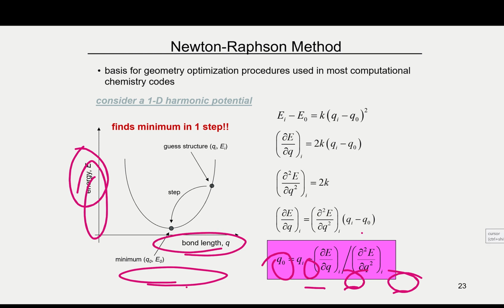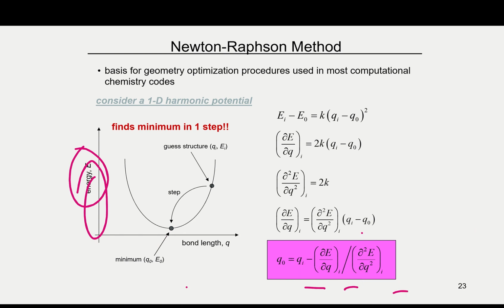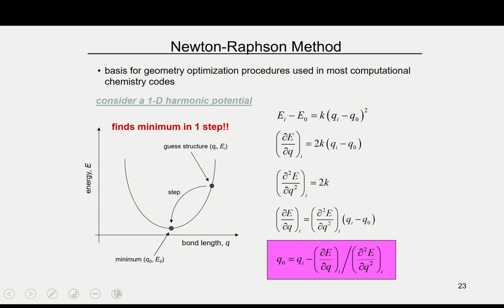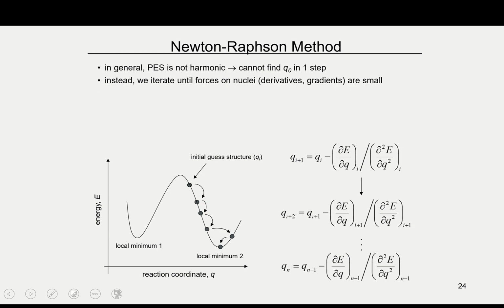For more than one, when the system is not harmonic, you do not take just one; you write the coordinate q, the reaction coordinate, and in here you write the bond length. Okay, now